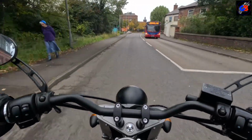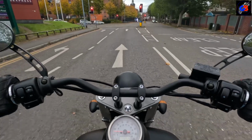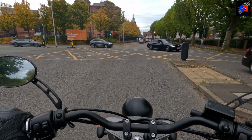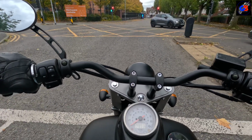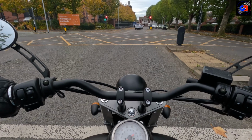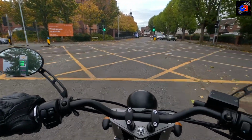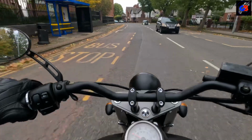Oh, I'm gushing over another Keeway. Do you know, I used to be a brand snob. Admittedly, I did. Before I started test riding bikes, I'd look at bikes like the Superlight and go, yeah, I really like them, I would get one of them, but then I'd go and buy myself a Suzuki, Yamaha, a Honda, something like that. A lot of people look down on the cheaper brands, and I don't think you should. I think it's a mistake that I made when I was younger, and it's a mistake that a lot of people make now. I think people just get caught up on the name,